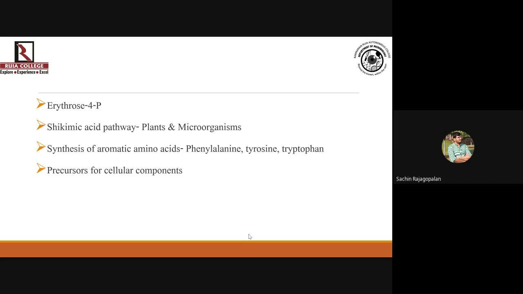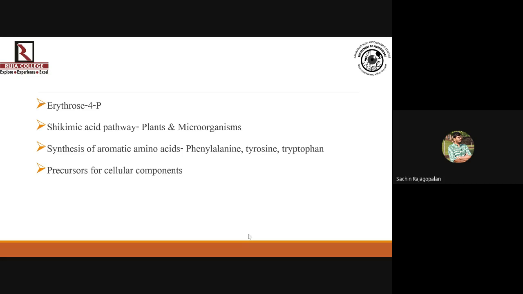This pathway utilizes erythrose 4-phosphate and PEP for synthesizing certain aromatic amino acids like phenylalanine, tyrosine, tryptophan. And you know that these three amino acids are very significant because most proteins have tryptophan, tyrosine in large amounts. So erythrose 4-phosphate is a very important precursor because from that you will be able to synthesize these aromatic amino